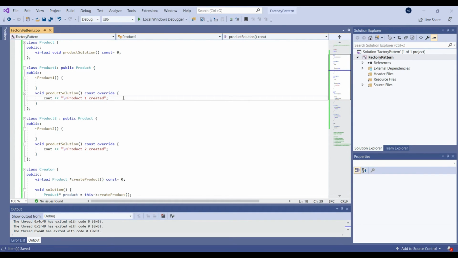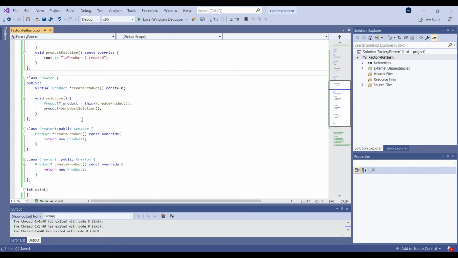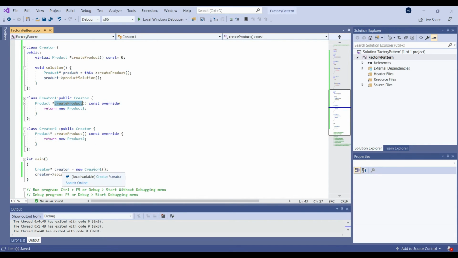I have just printed a cout statement for explanation. And inside the creator, you have two creators again. Each creates a product, and in the create product they return a product of their own that they are creating. In the end the creator knows what it is creating, but the solution definition would not change at all.